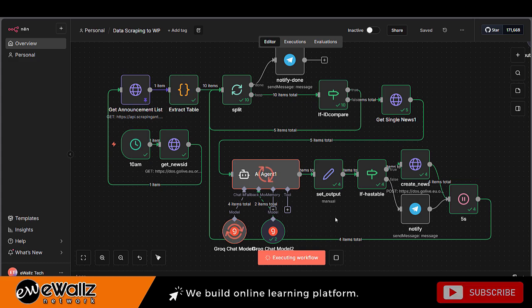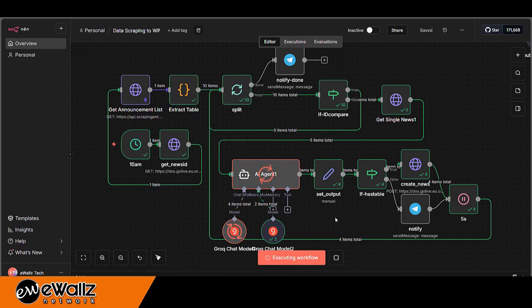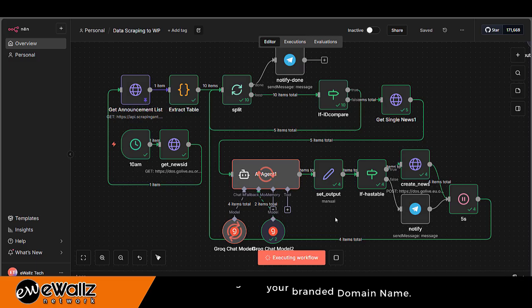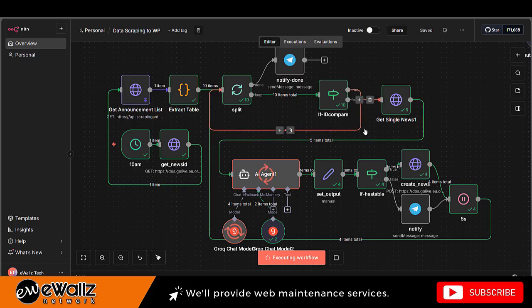Alright, if you want to do a WordPress automation, basically it is something like this. You can actually do it using n8n or Make or another automation platform, so that you can integrate it with your WordPress website for content automation, displaying data that does not exist using any plugin.